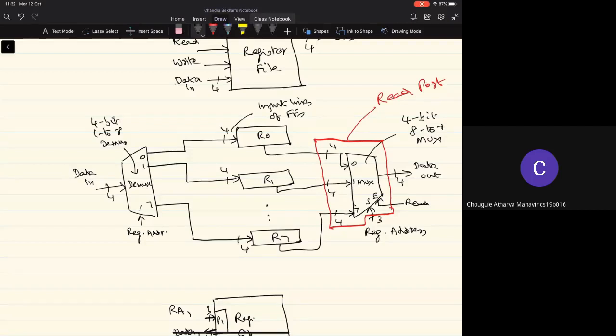If you remember, the structure of the demultiplexer is that the input data lines will go onto the destination which is selected, and for all other destinations, the data lines will be all zeros, right? So I don't want to erase the contents of the other registers. Let's say I want to write the data into the register R1. That should not lead to any change in the contents of the other 7 registers. So how do we ensure that?